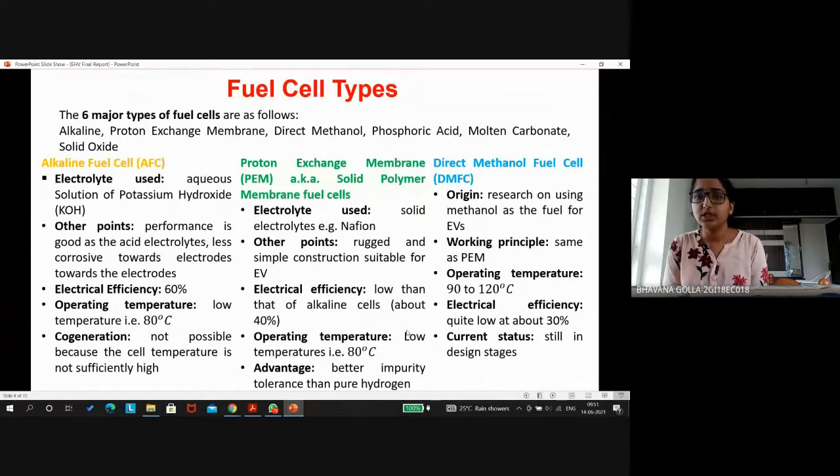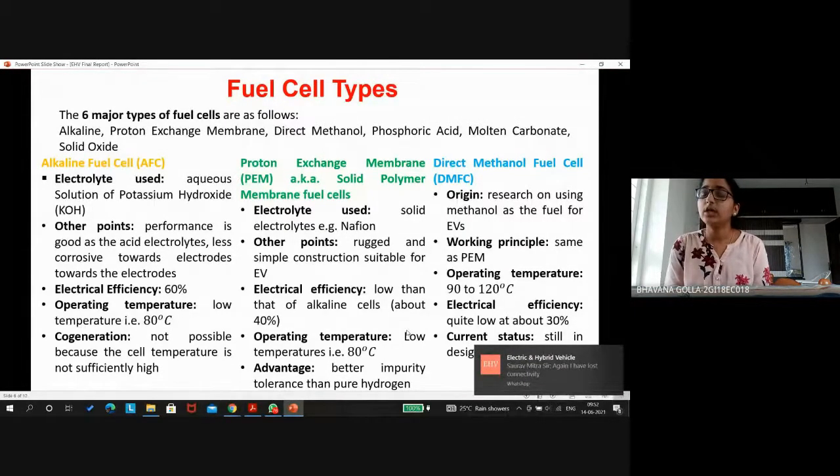Next, we have the proton exchange membrane fuel cell. It is called proton exchange membrane fuel cell because we are using a solid polymer as an electrolyte. Normally, we used to have liquid electrolytes, but here we are using a solid electrolyte, an example being naphthalene. It is rugged and simple to construct, but the efficiency is not as high as that of the alkaline fuel cell. It is low, about 40%, and the temperature is similar to that of the alkaline fuel cell, 80 degrees Celsius. But the major advantage here is, for the alkaline fuel cell we had that